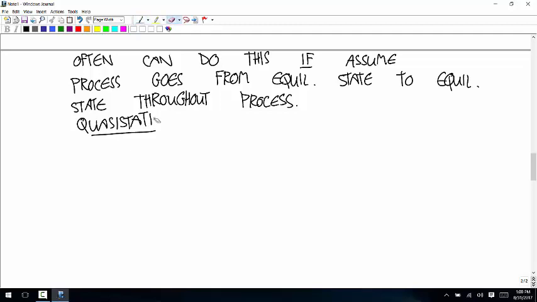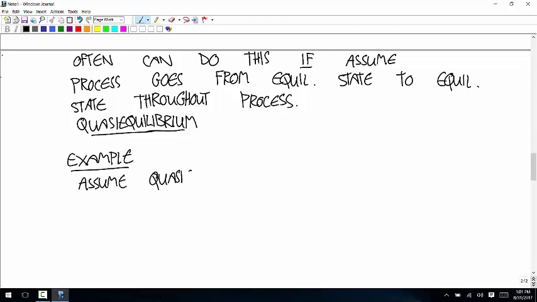Actually, I have this differently in my notes. The textbook is calling it quasi-equilibrium. Let's call it that. Quasi-equilibrium. Okay, so as an example, assume this process is quasi-equilibrium. And with that assumption,